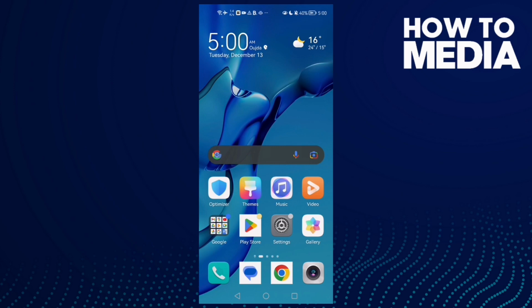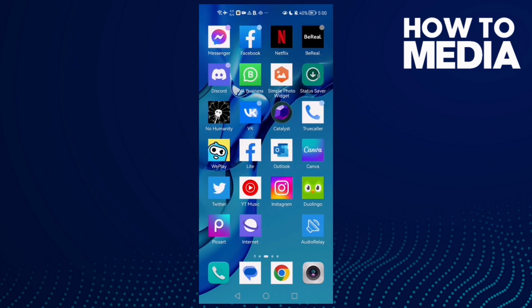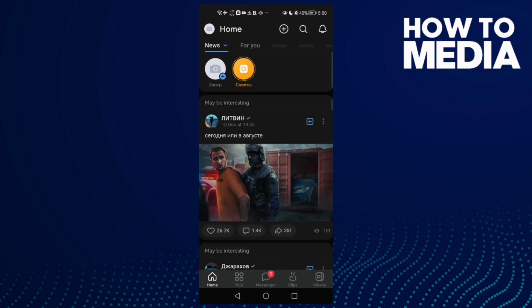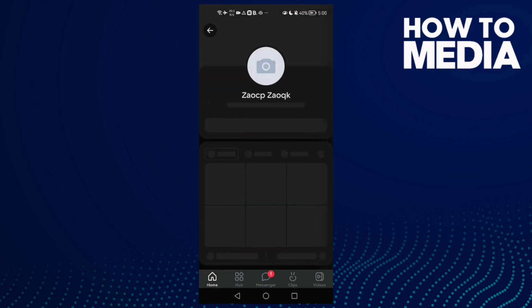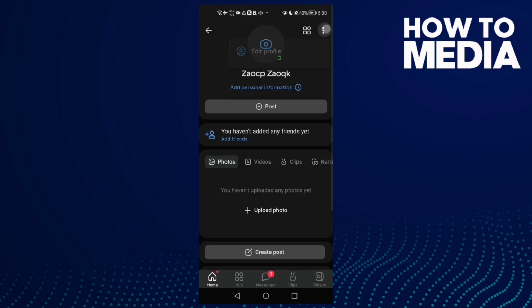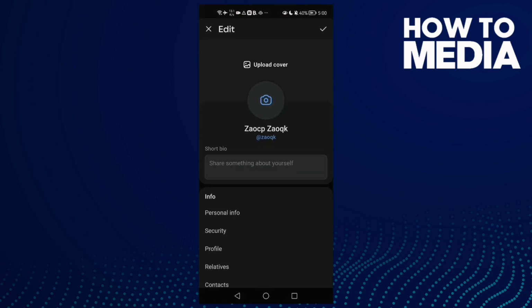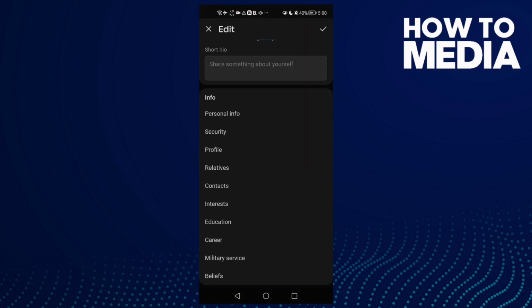How to add your religion to your profile on VK on an Android or iOS phone. First, open VK and click on your profile here, then click these three points in the top corner and click edit profile. Now scroll down until you find the